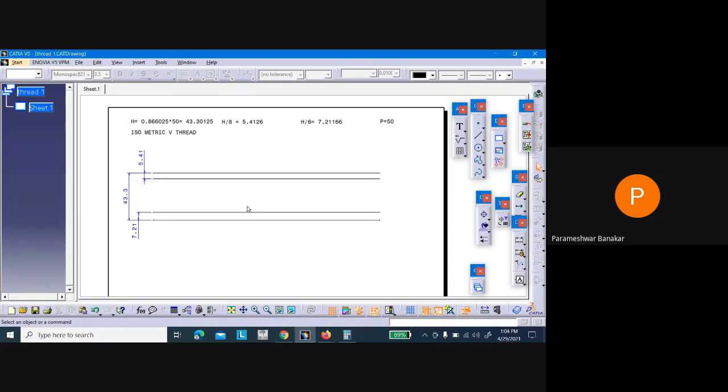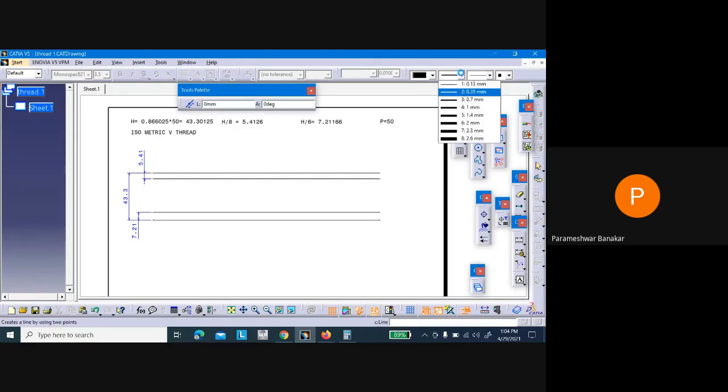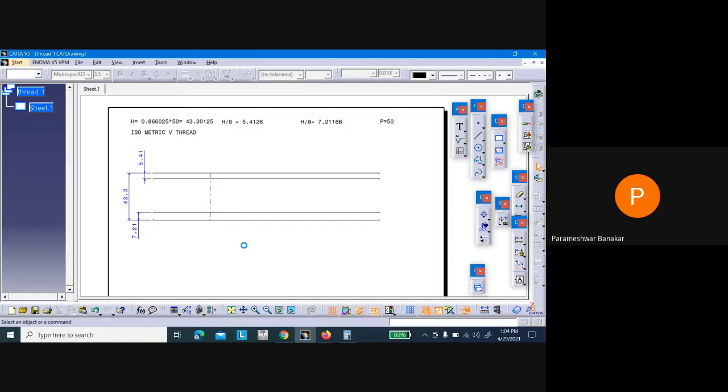Okay. So now what we will do, we will first draw one simple axis line.